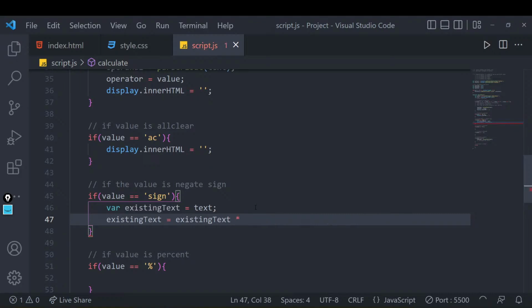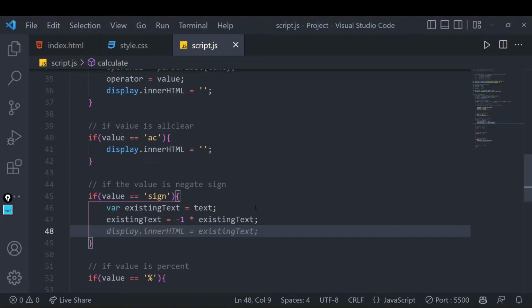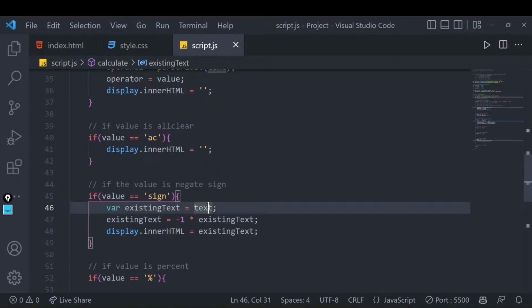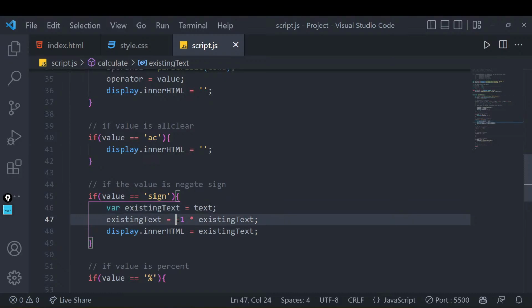Or we have to show this as well. So I'll write -1 times -1 times this, right? So once that is done, we'll be directly showing that. What I have written over this part is I have taken whatever was written in the first part, whatever was existing in our stage, and I've just multiplied that with -1, right?